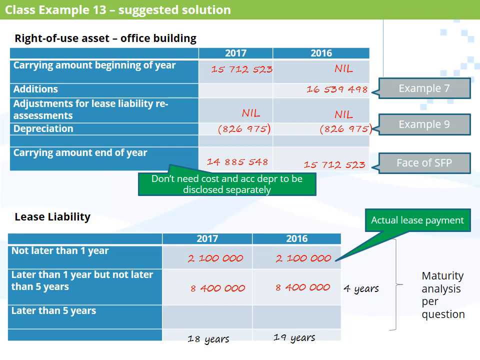So for 2016, we said that at the end of 2016, there is a total of 19 years left for the lease agreement. We've used the 1 year, which was the 2.1 million, and then we've said another 4 years, which was the 8.4 million. So 19 minus 5 gives you 14 years. So 14 years multiplied by 2.1 million, right? That gives you the